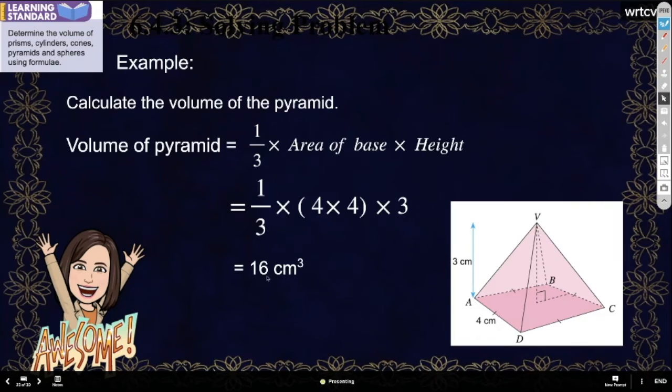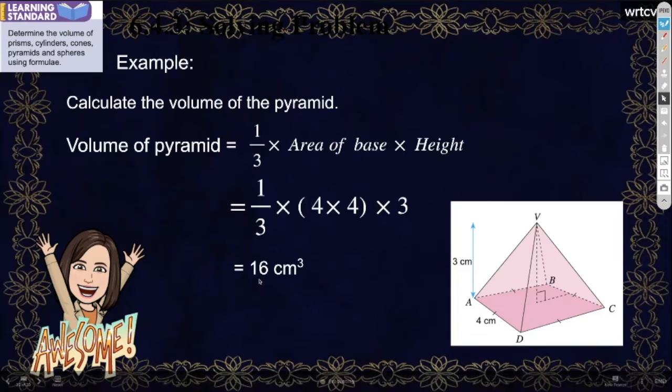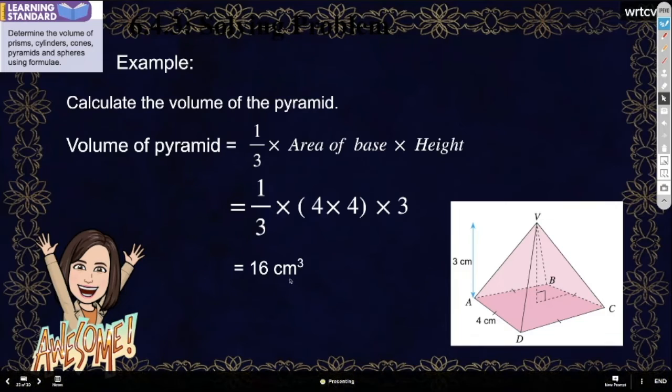Tekan calculator. You got answer 16 square atau 16 cubic, not square, cubic centimeter. Ingatlah nilai cubic, bukan square. Square tu surface area ya. Ini boleh? Can so remember area of base, the base is a square. Square means the same value, the length and the width 4, 4. Tinggi dia. Okay, let's say kalau tinggi tak diberikan, you can form the triangle also, so untuk carikan dia punya segi ketinggian dia. Okay, kalau soalan tahap yang lebih tinggi, TP 4 or 5, they not provided you the height. So you have to find the height first.